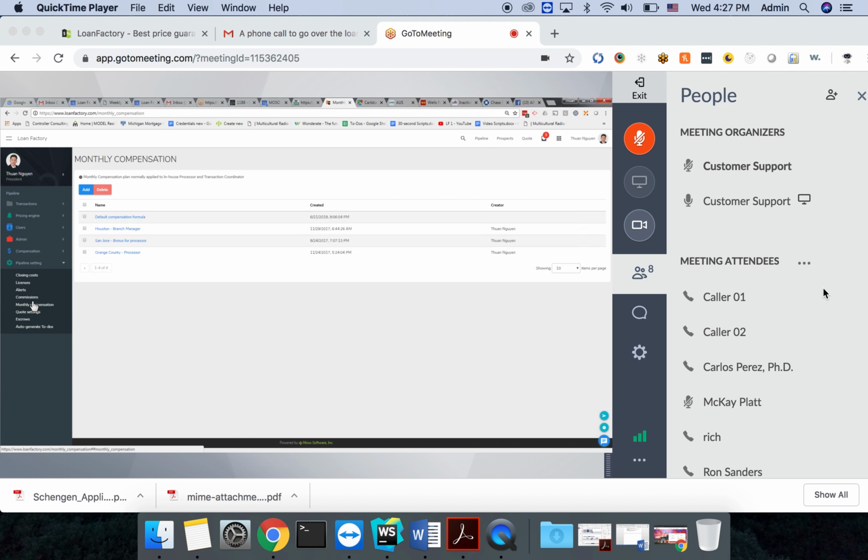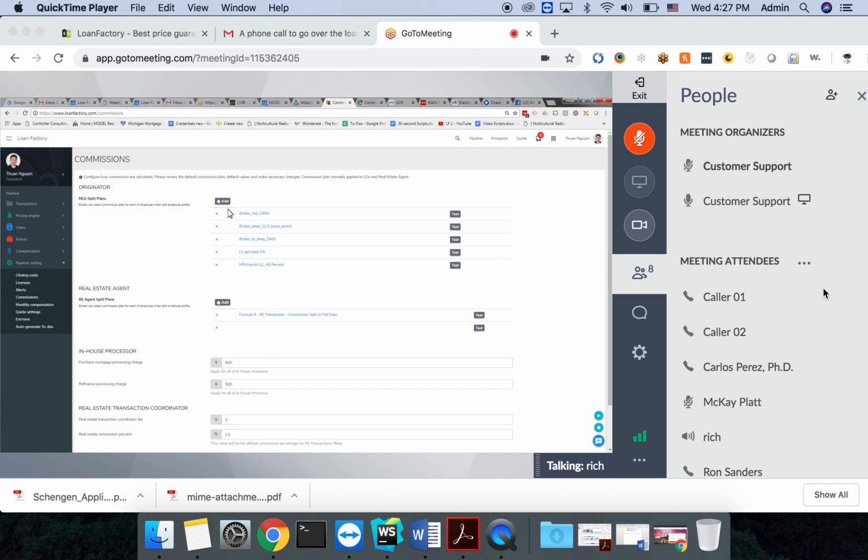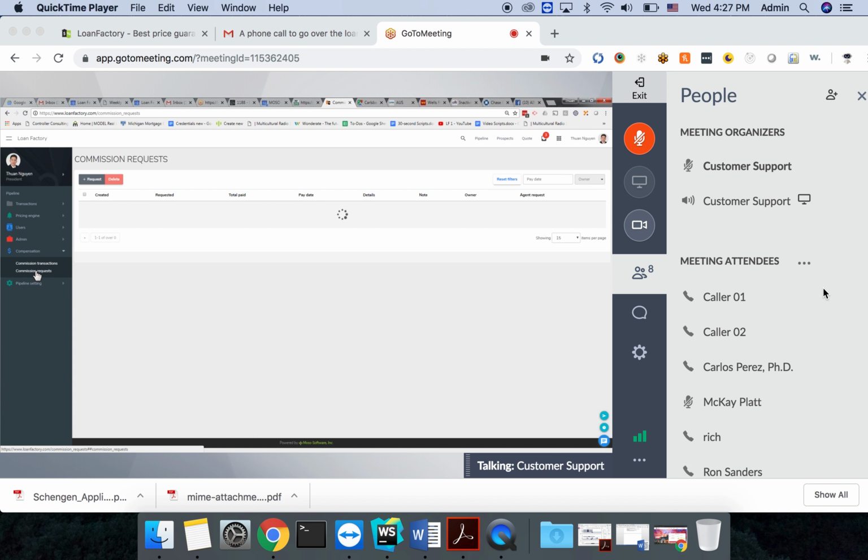So you can pick a commission plan. You can create a commission plan however you want to split with your LO. You can create it, and the system will automatically calculate how much the LO should receive, and they can request